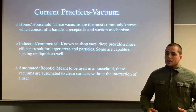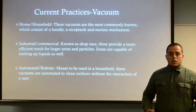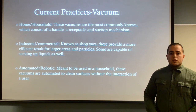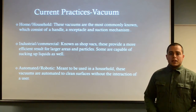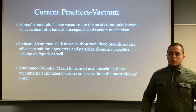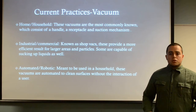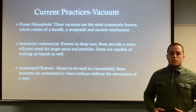Among current vacuum cleaners, we have the home or household devices, which are the most common ones that everybody knows today. We have the industrial or commercial ones, which are more practical and efficient for bigger areas, to clean up bigger spills or bigger items that need to be picked up. In the industrial ones, we also have one called the shop vac, which can operate for dry materials, or another that can operate for both dry and wet materials to pick up liquid spills,